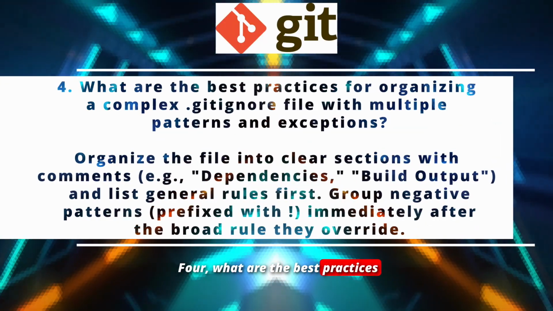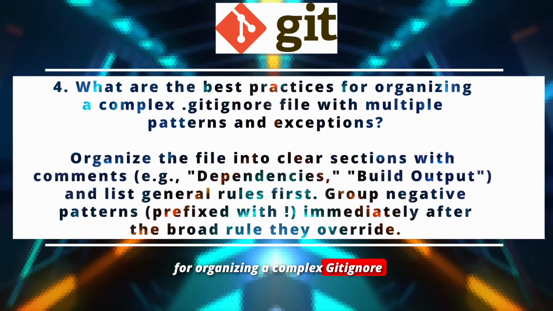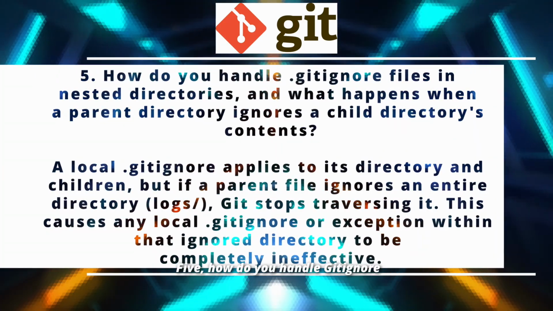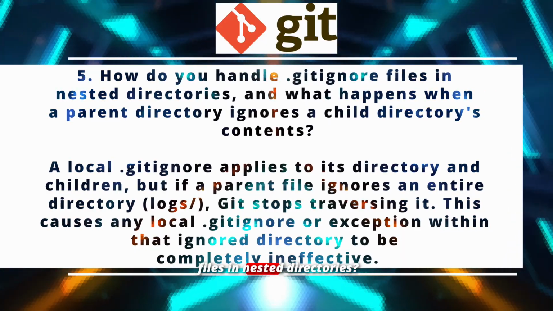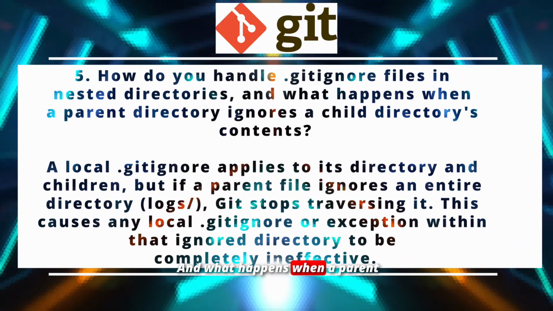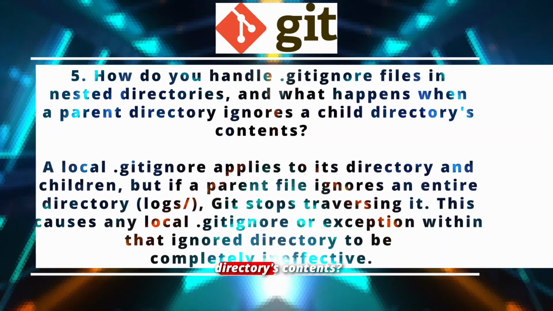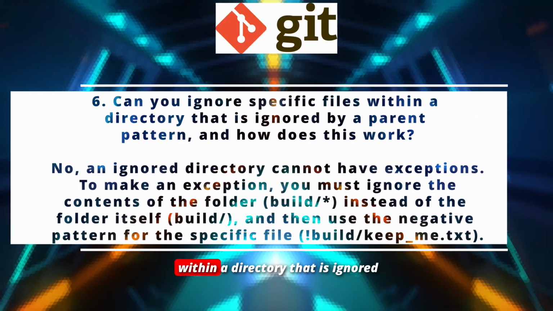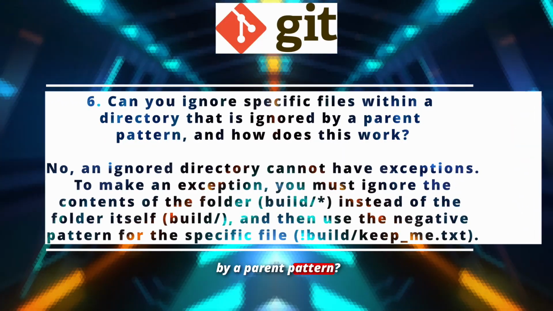4. What are the best practices for organizing a complex gitignore file with multiple patterns and exceptions? 5. How do you handle gitignore files in nested directories, and what happens when a parent directory ignores a child directory's contents? 6. Can you ignore specific files within a directory that is ignored by a parent pattern, and how